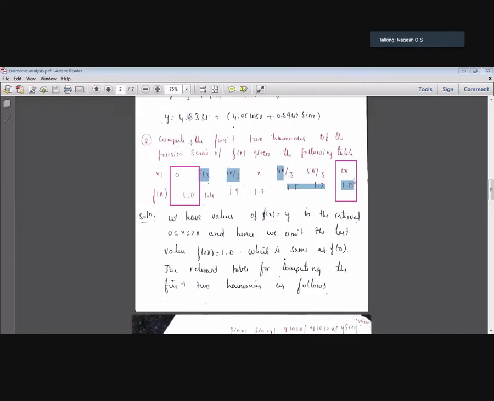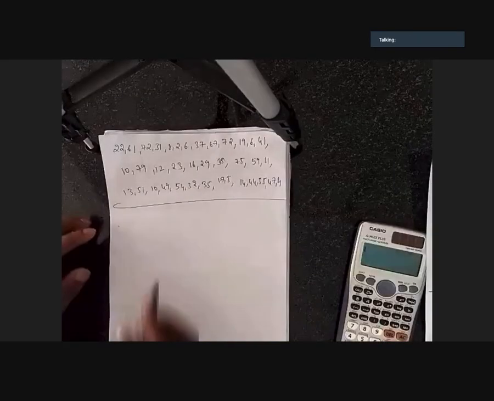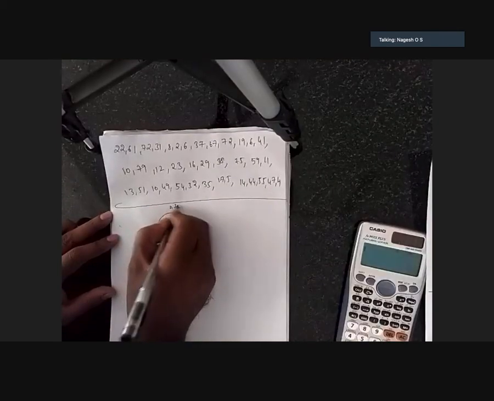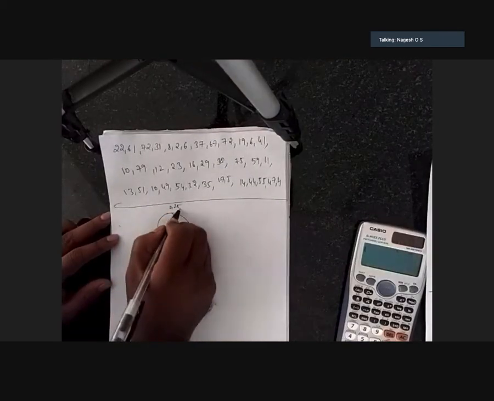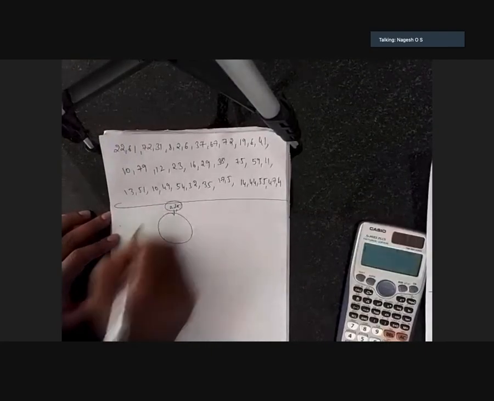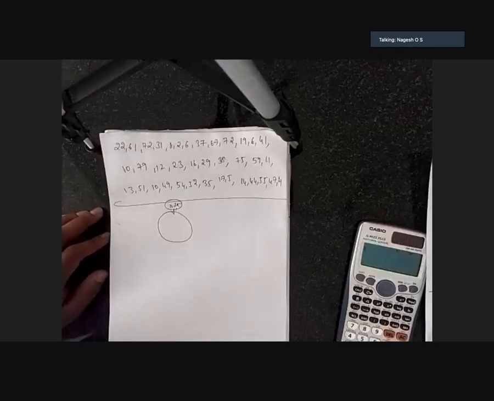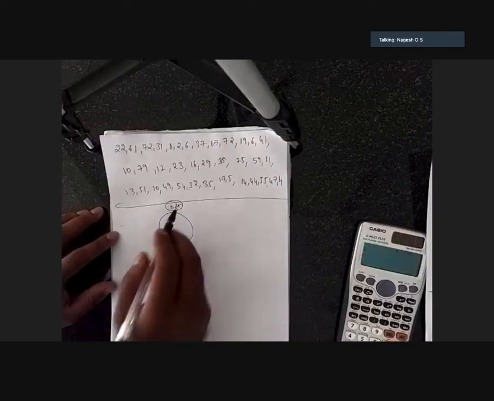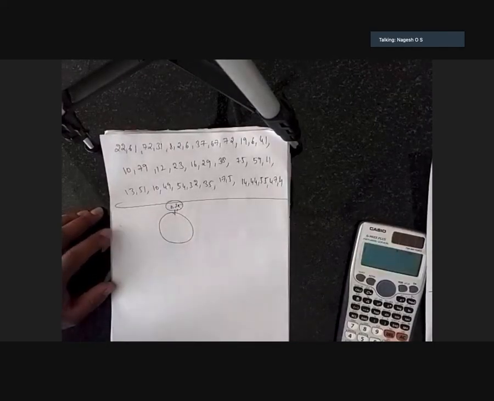0 to 2 pi means it is coming back to this 0. So here the values are the same. You can take any one value, either the first value or the last value. No need to take both values. This is the difference between the previous problem and this one.